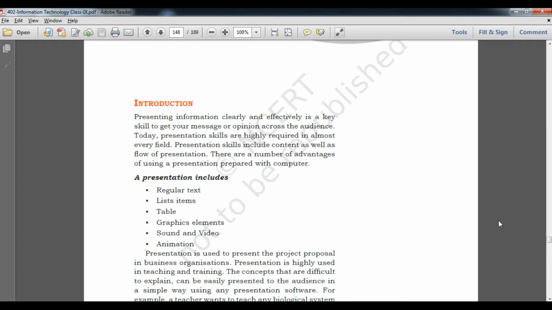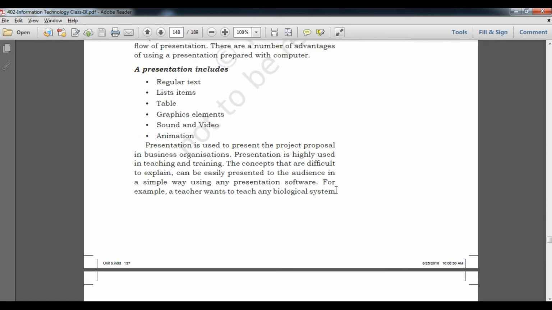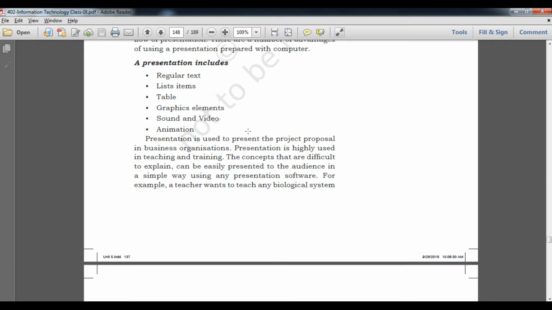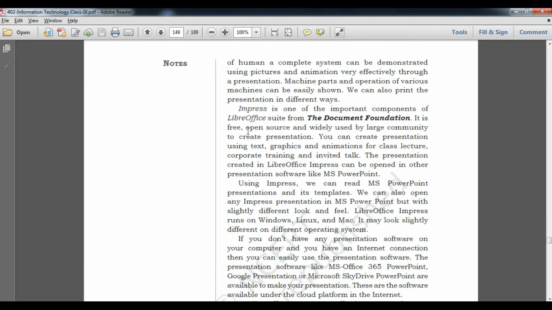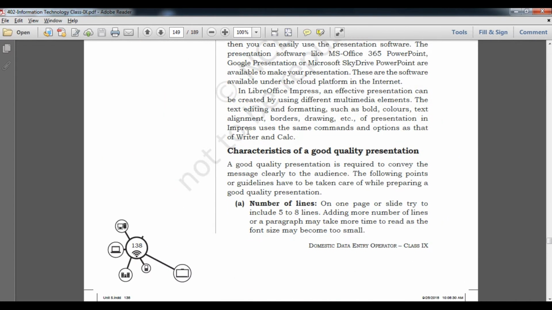A presentation includes regular text, list items, tables, graphic elements, sound and video, and animation also. Students, you can make use of any kind of these elements. You don't need to worry about that, you don't have to include everything, but to make an effective presentation you need to understand them well.